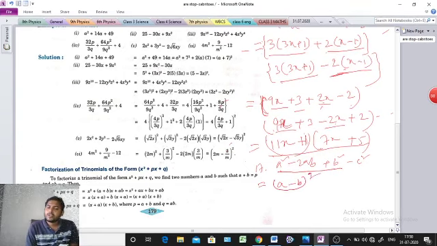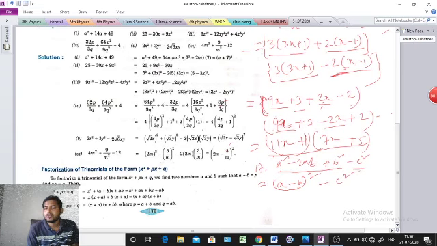So what is the a minus b whole square formula, sir? A minus b whole square is a square minus 2ab plus b square. Here in the question, a square minus 2ab plus b square is given. That means a minus b whole square. After that, next c square. This portion only c square. Clear or not? Understood?